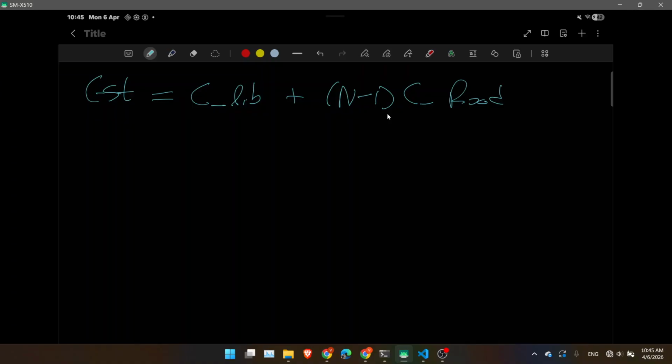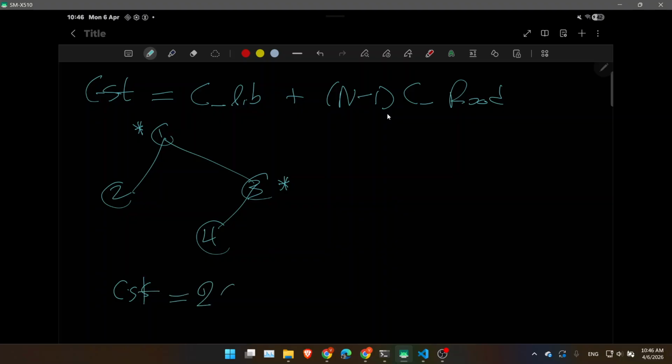So let's take that example. There is 1, 2, 3, 4, and a minimum of 3 roads is needed to go from 1 to any of these. Minimum of 3 roads are enough. Let's say we make two libraries, what will happen? Let's say here we make a library and here also we make a library. So the cost is now 2 times the library plus,